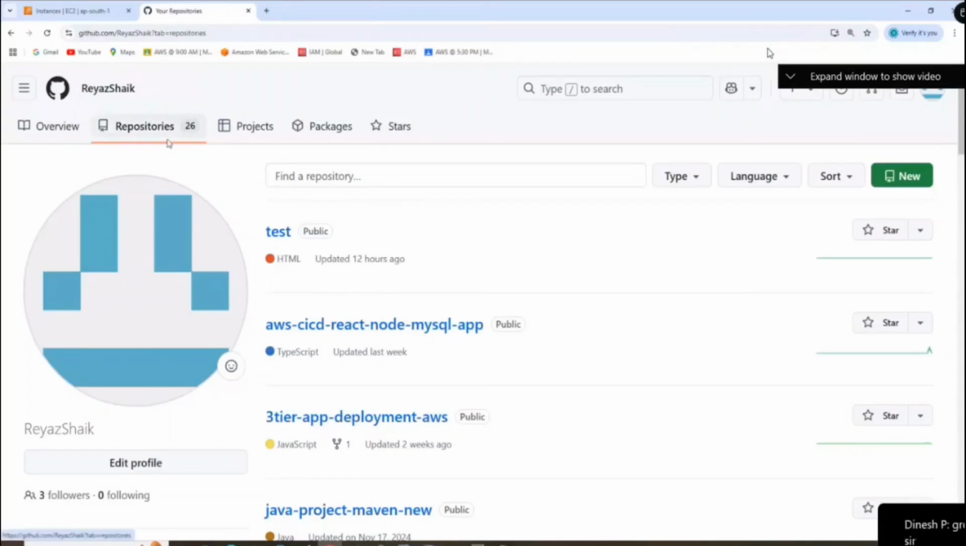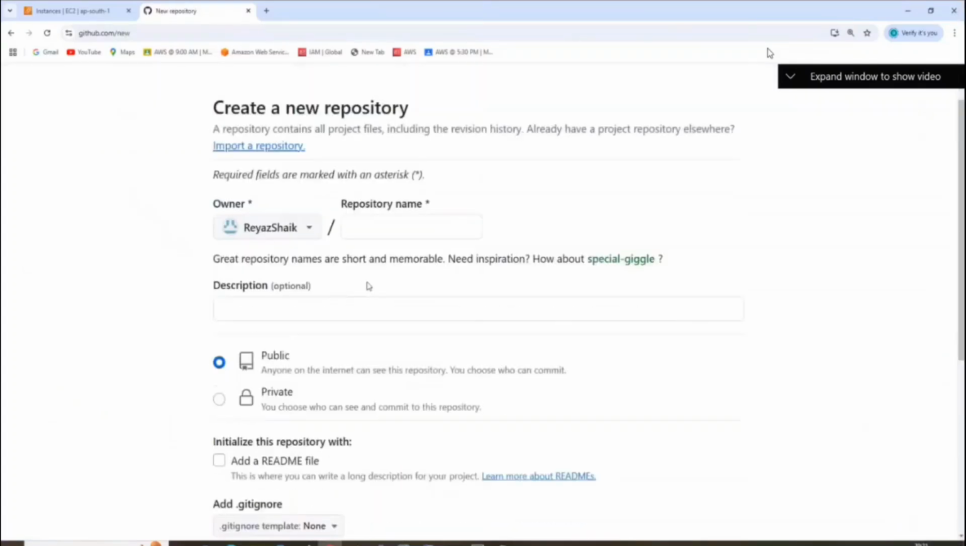So what you do is simply, I have so many repositories, and you don't have any repositories. You are fresh. What you need to do is create a new repository. So let's click on here, new. When you're creating a new repository,